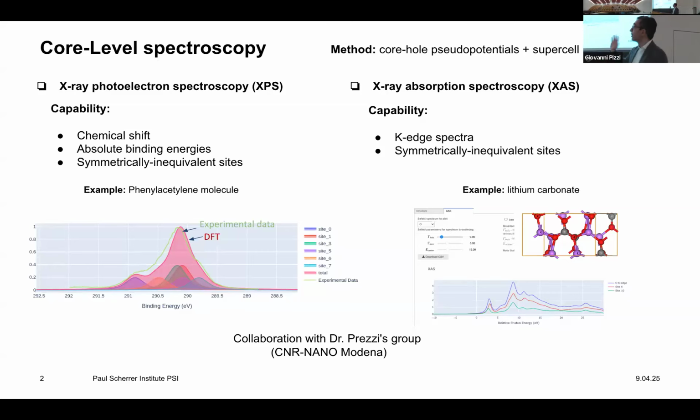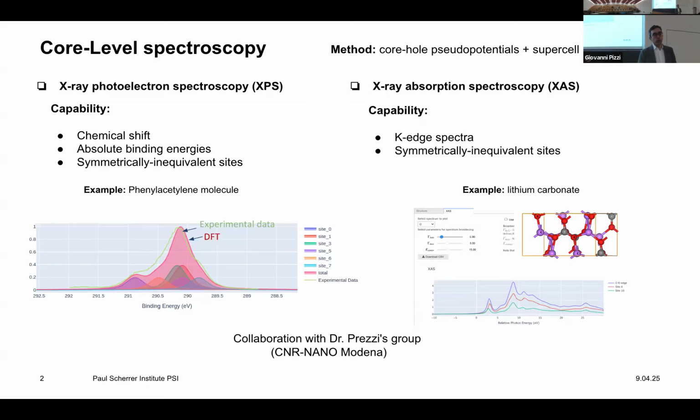In particular, there is a symmetry inequivalent site search. When you create a supercell and want to simulate removing a core electron from one of these atoms, this is done by taking care of symmetries and only computing symmetry inequivalent supercells, which makes it much more efficient. A bit similar to what we have already seen in other tools where supercells are created, but with a slightly different algorithm. Again, they are all using Quantum Espresso, so the method is based on a supercell approach, and